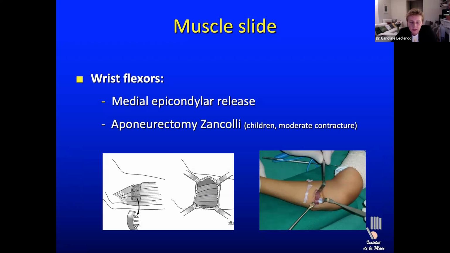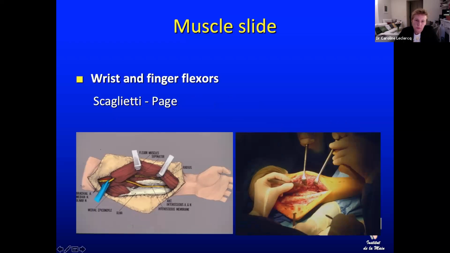Zancoli has designed a very nice equivalent of medial epicondylar release that he uses mostly in children. And instead of detaching the muscles from the bone, what he does is an aponeurectomy of all the envelopes of the medial epicondylar muscles. This does not amount to as much release as the former operation, and so we in our team reserve it mostly to children with moderate contracture of the wrist flexors. And if there is contracture of wrist and finger flexors, well, then there is a big